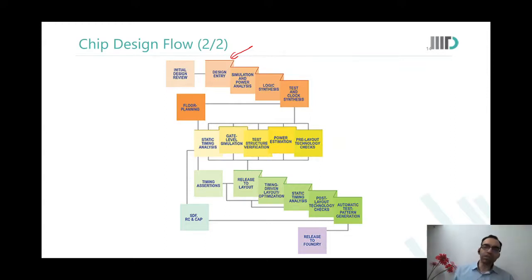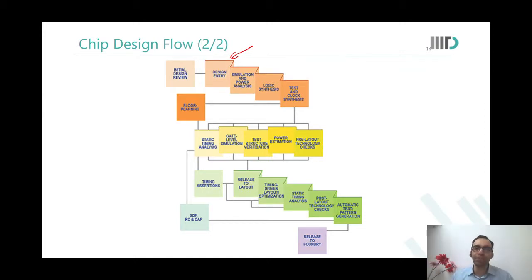So you do this logic synthesis, then you do test synthesis. Once all that is done, you know what kind of circuits and what is the total number of cells you need to put on your device. You enter into a stage which is called floor planning, as to where you would put your processor, where you would put your memory, where you would put different parts of your chip. One could say, I want the memory to be as close to the processor as possible so that there is no delay in accessing the memory. Someone would say I want to put the PLL in this corner of the chip so that it does not encounter any noise. Someone would say I want to put the ADC in this place. So that is floor planning.